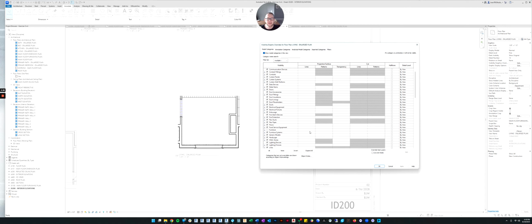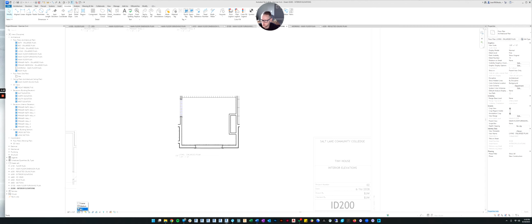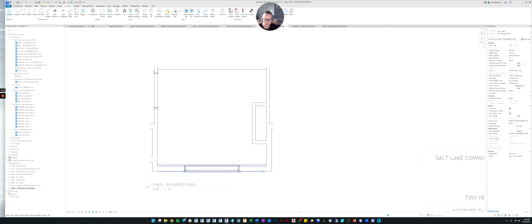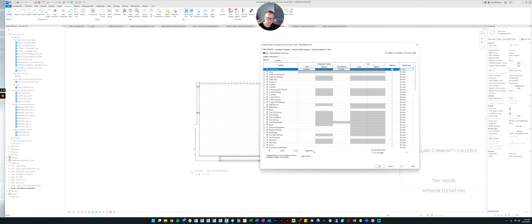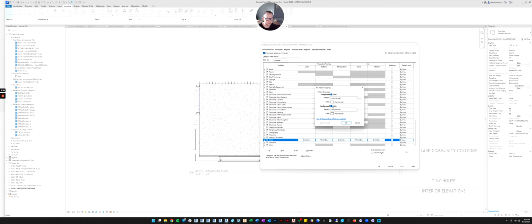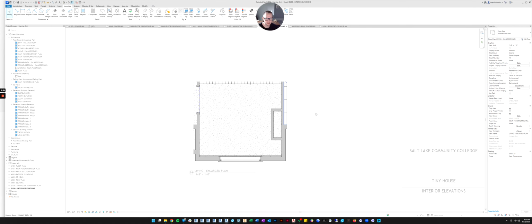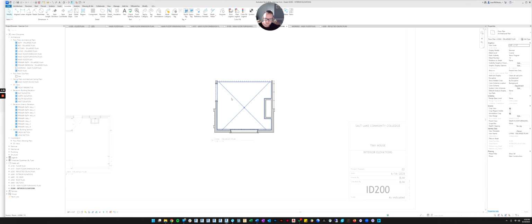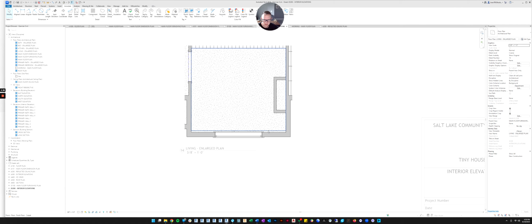And basically, let's apply the same graphic settings as we did the furnishings plan. So we're going to click OK, and we're going to turn this to a coarse scale so that we don't see all the layers in the wall. Then we'll go back to visibility graphics, and let's go to the walls, and the cut pattern, let's override that with a solid pattern, and let's make the solid color light gray. Click OK and OK. There we go.